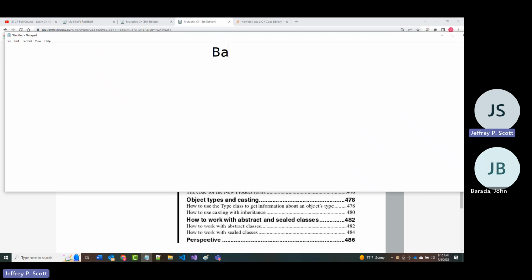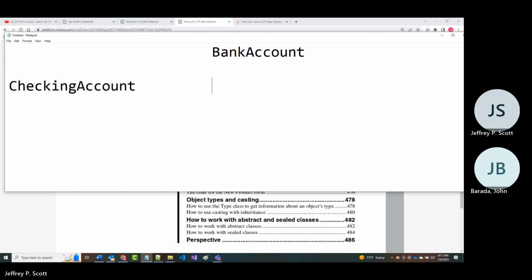and I call that class bank account as an example. And then I create some other classes that maybe are called checking account and savings account and maybe IRA account.